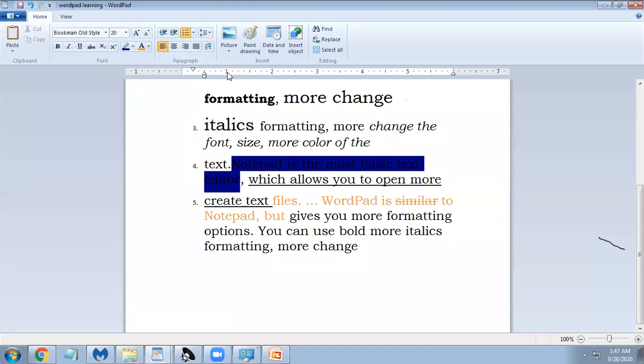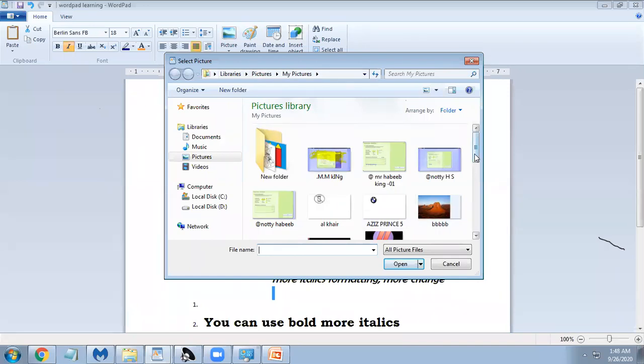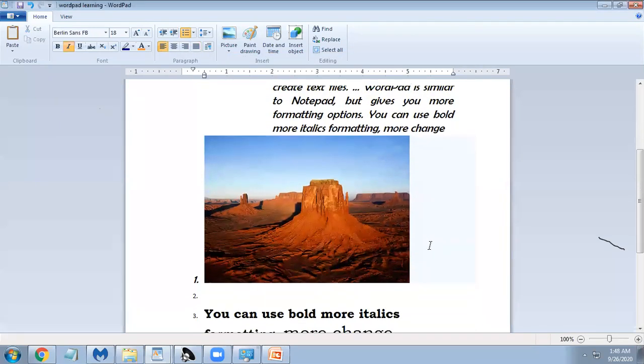And there is a feature to add a picture here. If you are doing a resume, you can add a picture also. I will go into pictures. For example, a student wants to do a project and write something. I will take this picture. For school students, teachers are saying to do a project.